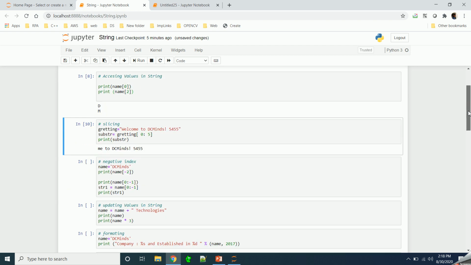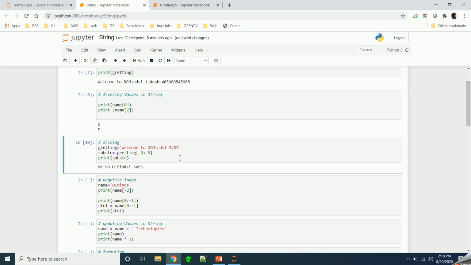Another way to access the value from a string is called slicing. In slicing, you will be able to access multiple values in sequence. Here I am taking a part of the string from this string, from the start, and this is till where, basically till what location we want to print the value.